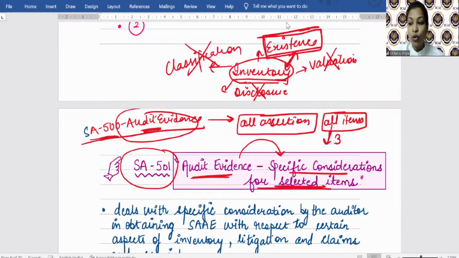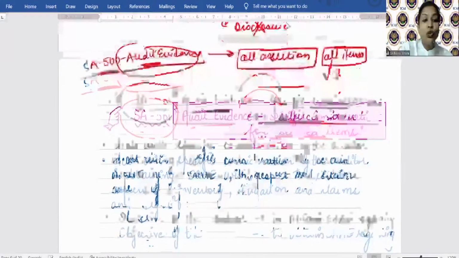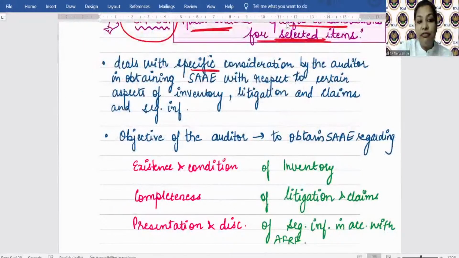और after understanding, I'm sure जो आप पूछते हो ना मेरे से, मैम ये name learn करना है, तो आपको कैसे नहीं याद होगा, मुझे समझ नहीं आता। देखो, Audit Evidence, Specific Considerations for Selected Items. ऐसे 501 क्या कहता है, audit evidence लो auditor, लेकिन selected items के लिए बता रहा हूं, that too specific considerations। ठीक है, so it deals with the specific considerations by the auditor in obtaining, देखो, sufficient appropriate audit evidence तो लेना है।